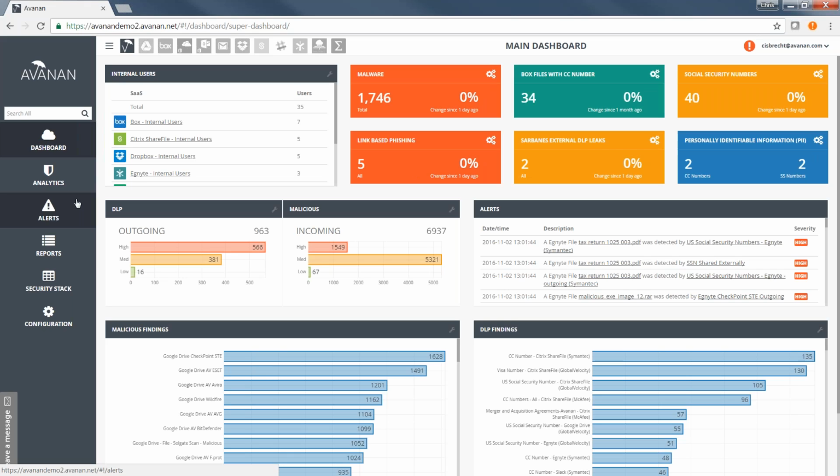So on the initial dashboard here, you're going to see the aggregate of all the SaaS providers and all of the security tools. So this is going to give you a quick glance of what the environment looks like and any findings that we've got here. From a DLP standpoint, from a malicious standpoint, we can customize all of the info boxes on the screens here. So if customers